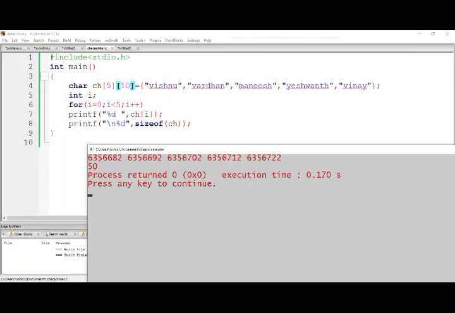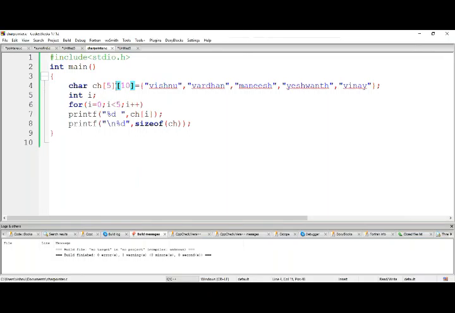Here, by using this character pointer, we can reduce the size. Do you observe this one? Size can be reduced. So in the previous thing, this is called as ragged array. Now a string array can be represented like this. You got my point? String array can be represented like this also.